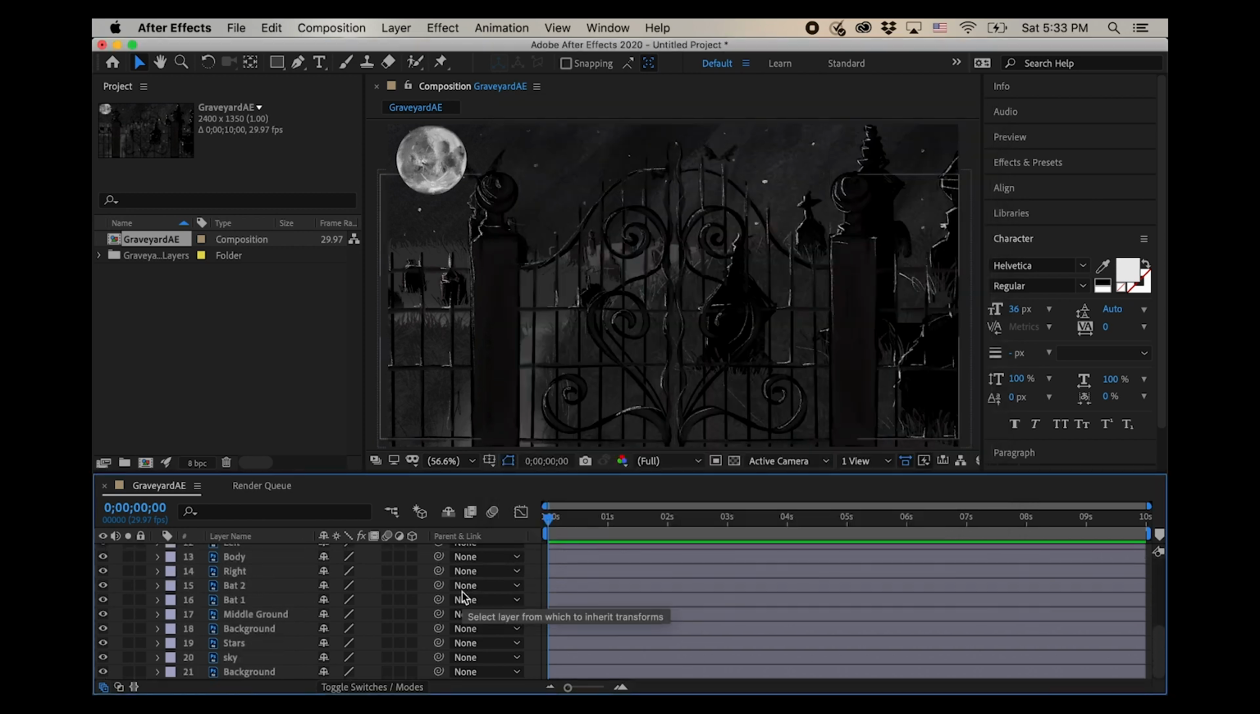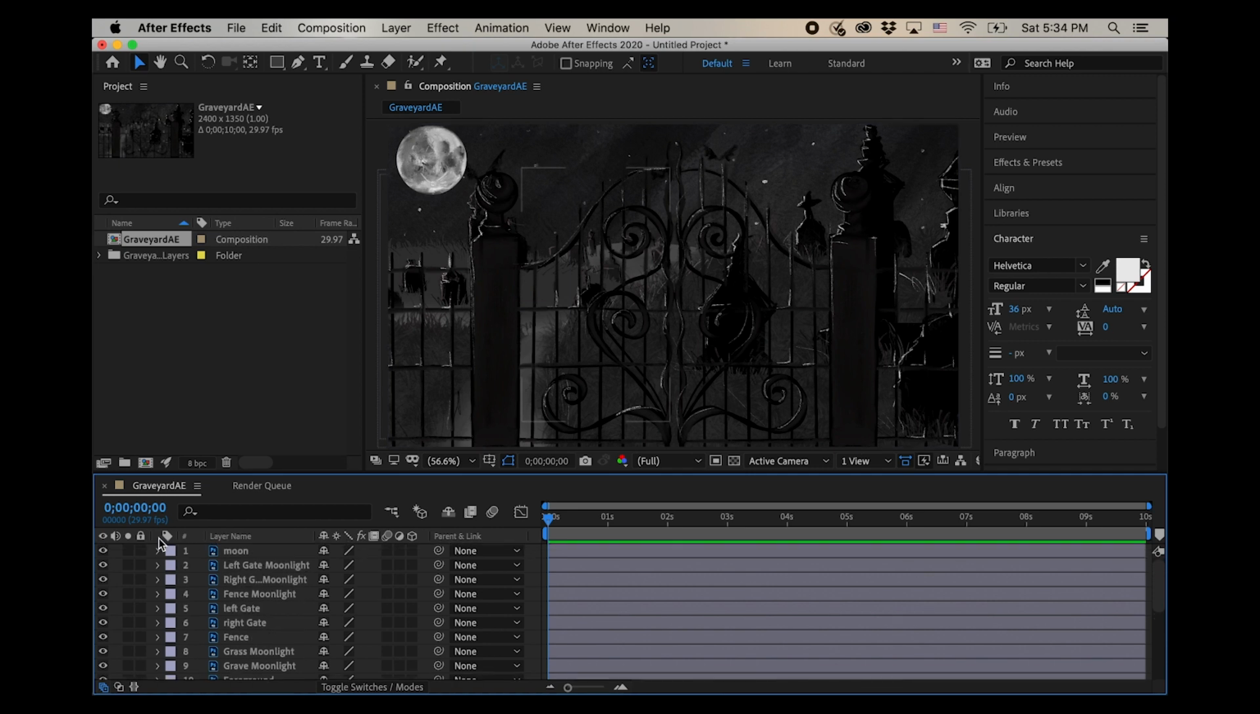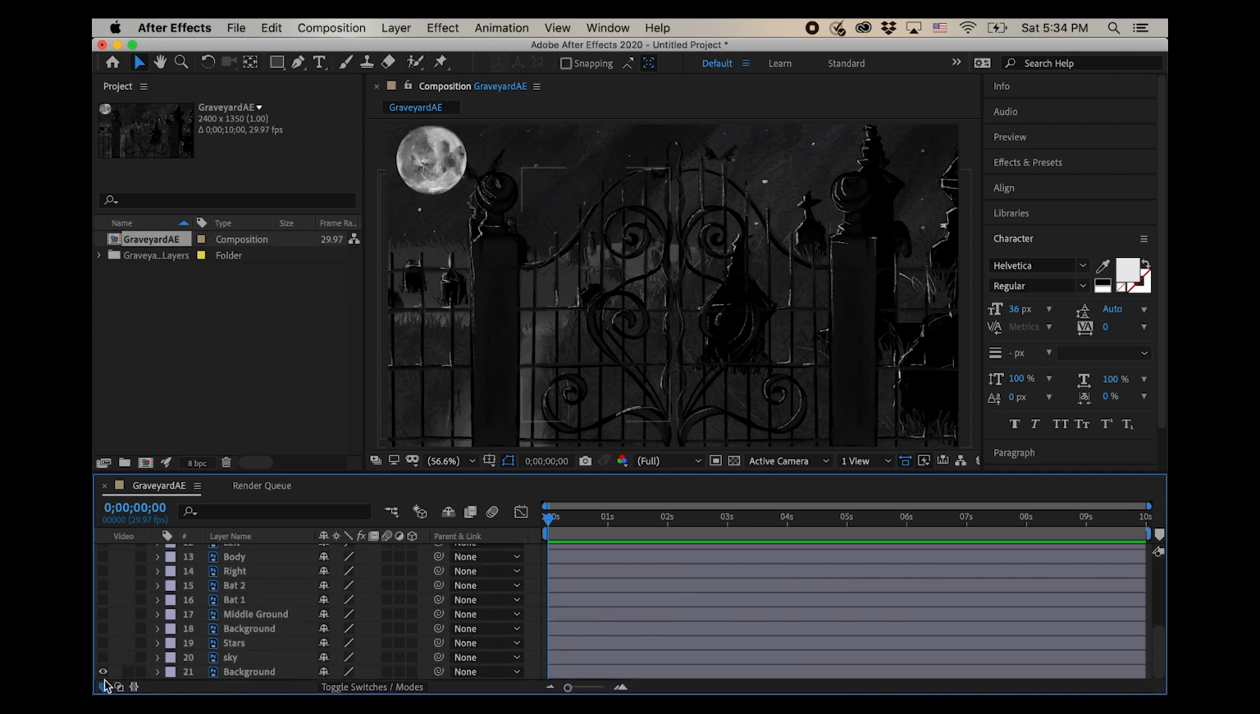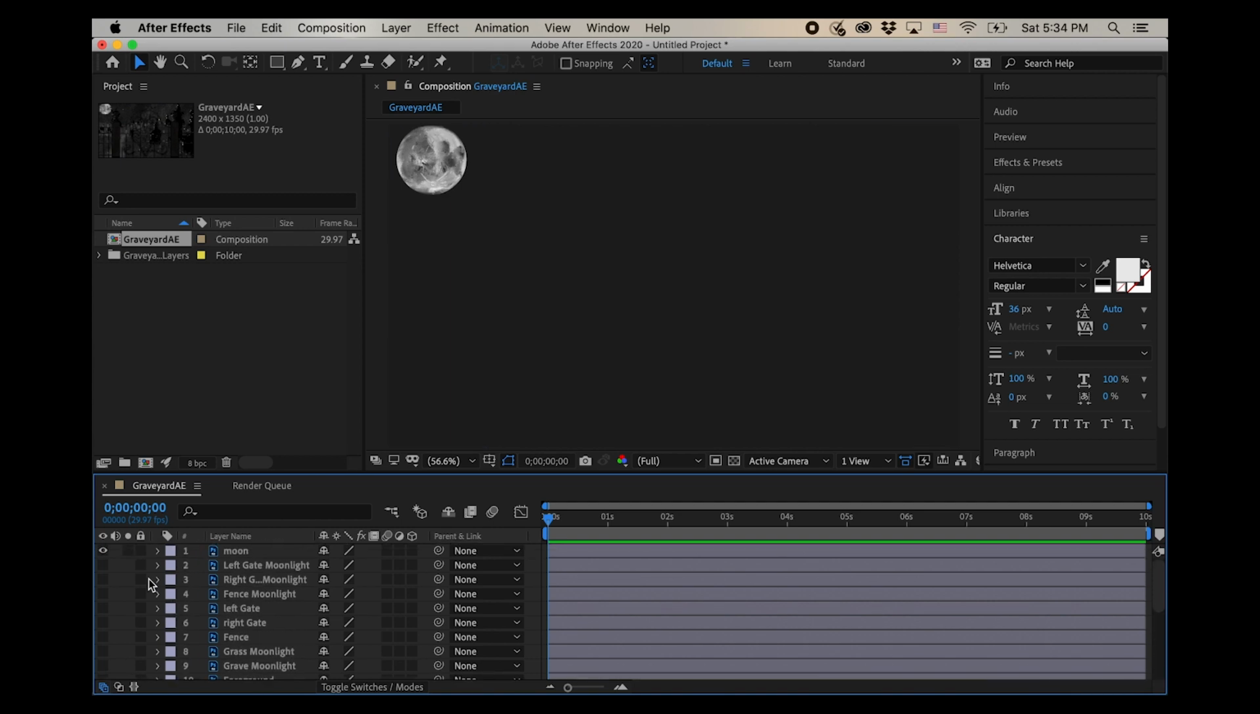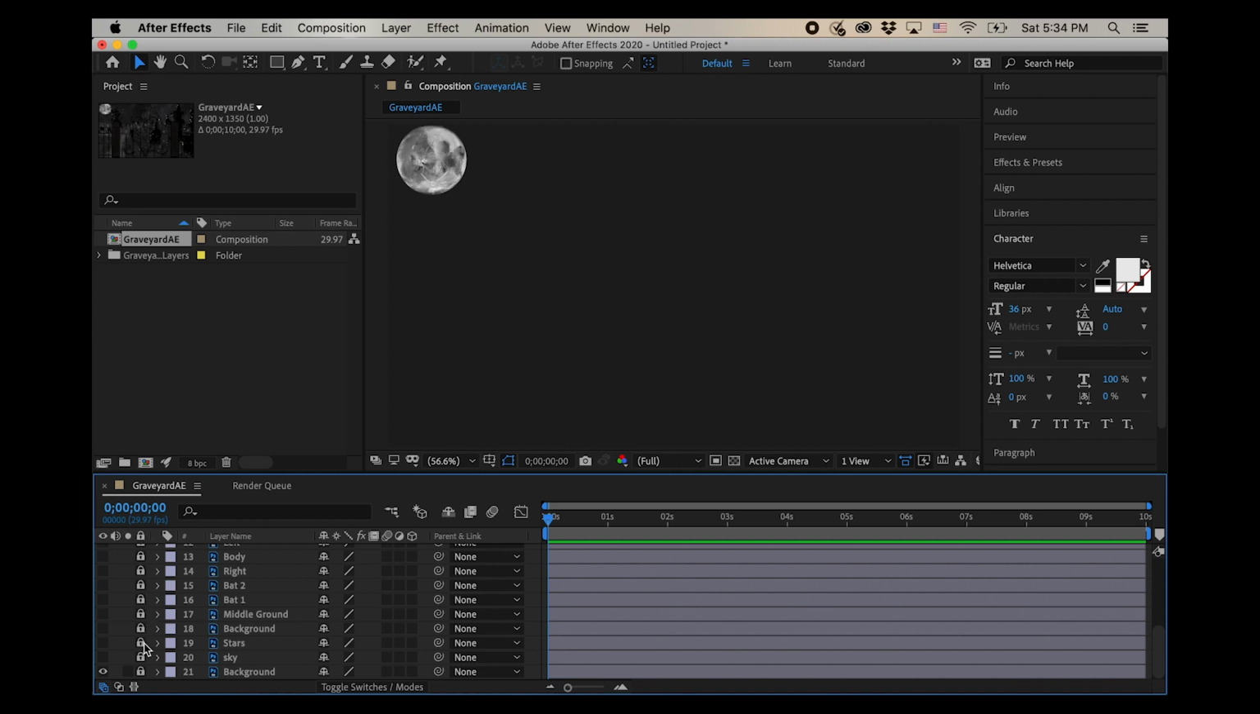Now I have a lot of layers here. I'll build up some more lessons using After Effects and this composition, but right now I am going to lock most of these layers and turn off some so that you have a good focal point to understand what we're going to do. So I'm going to turn everything off except the background and the moon. I'm also going to lock everything except those things so I don't accidentally